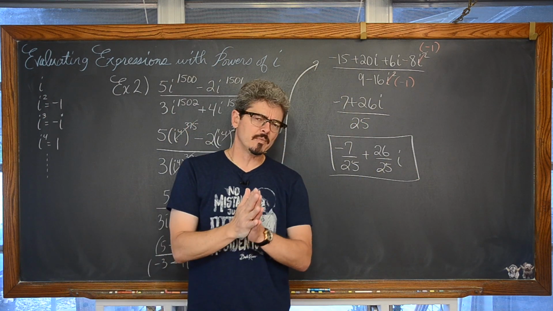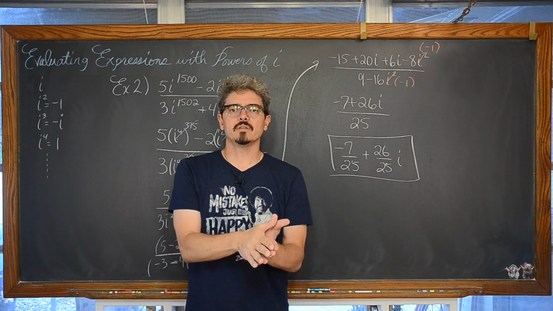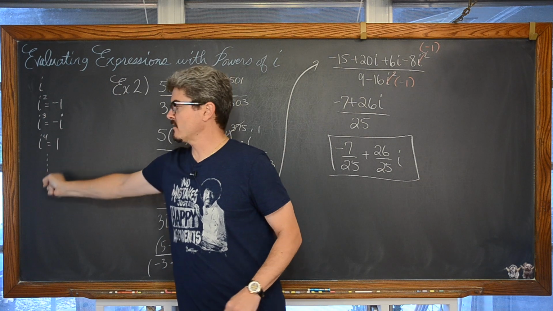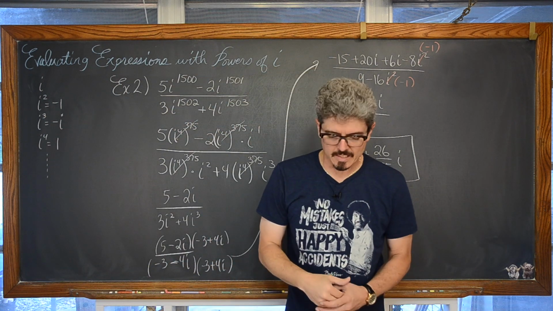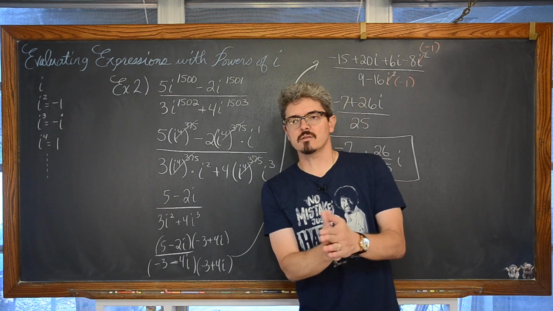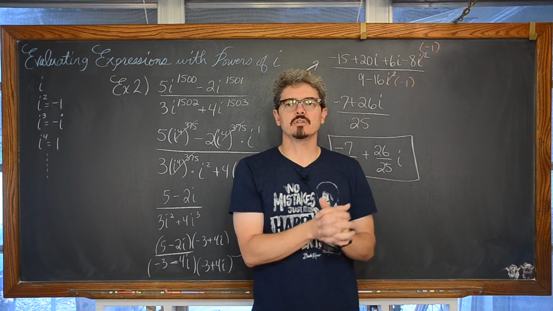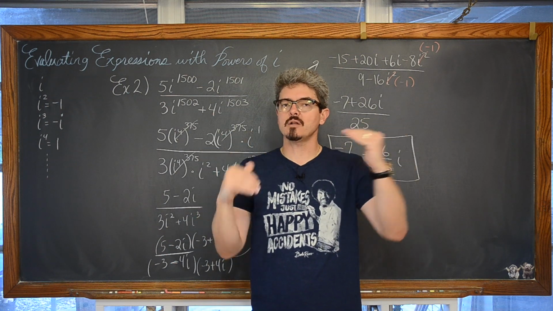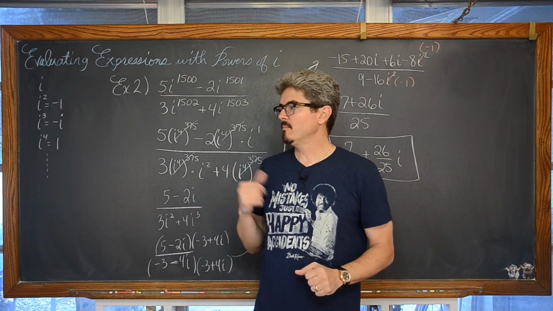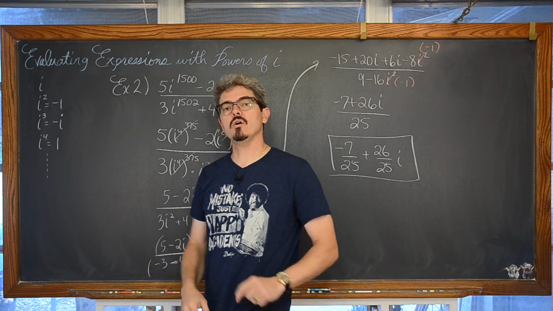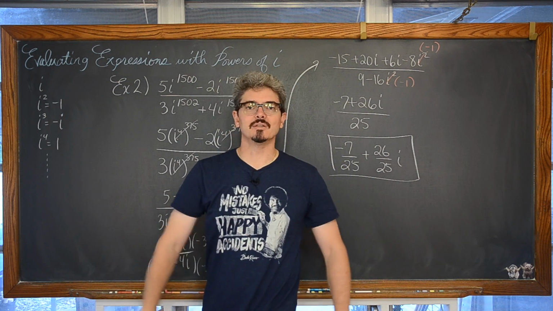Now, for our third example, you're really going to have to lean heavily on the cyclical pattern we have here with all of our powers of i, and either rely on that heavily and get to the answer kind of efficiently, or identify what's going on with the numerator and denominator. So when I put this problem up here, maybe just pause the video and give yourself a challenge problem and see if you can figure it out on your own before I reveal the solution.